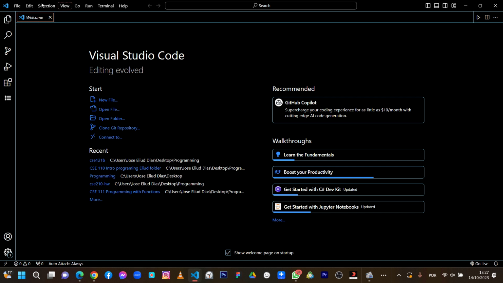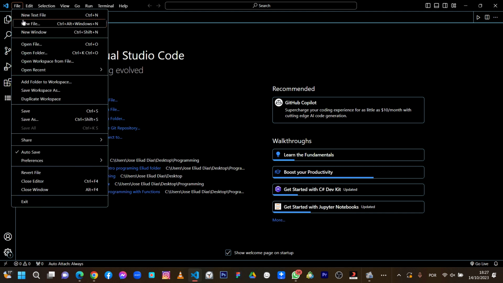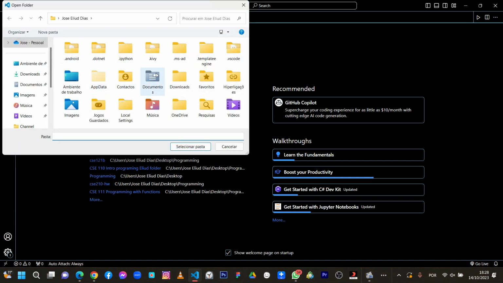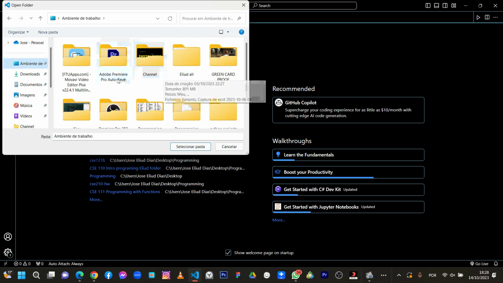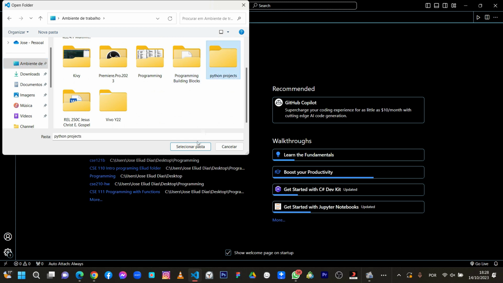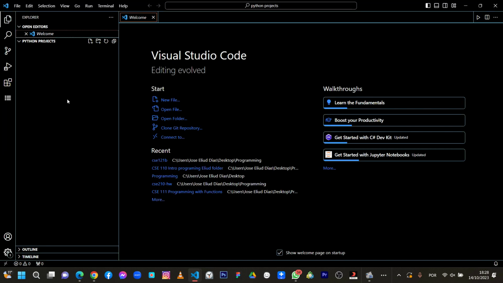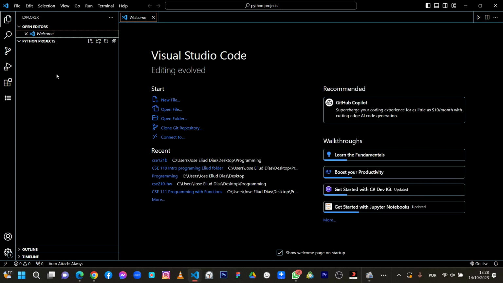So here in this bar here, you see that the first thing is the file. I want you to go and click on the file, and I want you to go here and click on open folder. So once you click your open folder, you go ahead and open the folder that you created. So I created on my desk area, and so I'm gonna open it right now, Python projects. And so you have this right here, this area. This is basically a presentation of your folder, and we're gonna